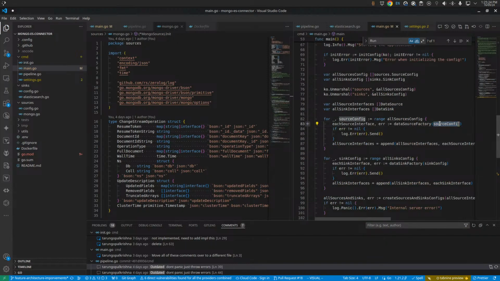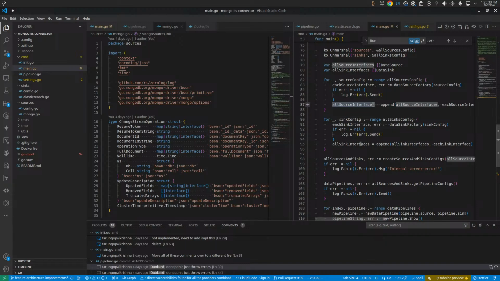But how does source config? I'm getting each source config. Based on the type of config it is, it creates that all well and good. Basically everything to do with sync,